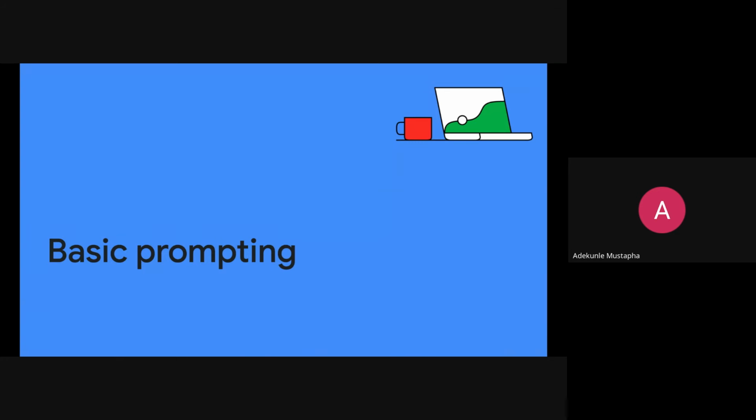What do we mean by prompting? The best place to start with Gemini is just to start with a text prompt. Give Gemini text prompts and see its responses, see how it can help you solve your problem using a text prompt. A text prompt is also pretty similar to code generation, because when you're generating code, you're more often than not initiating a text prompt to the Gemini model.